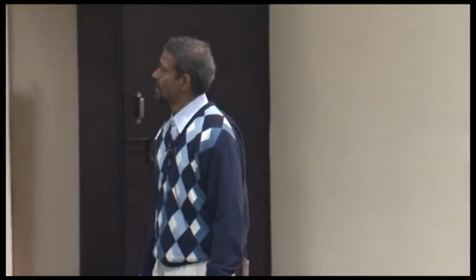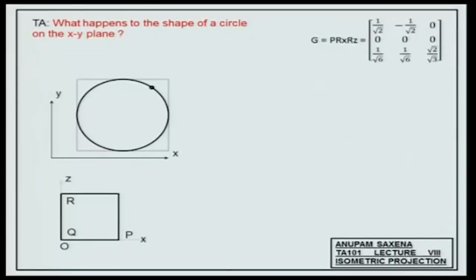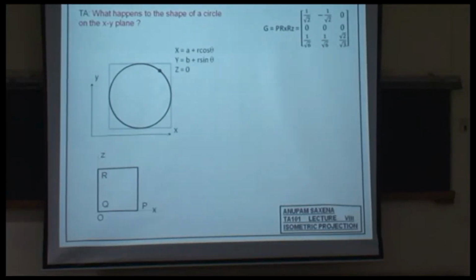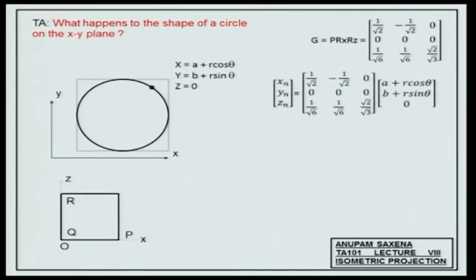If you have a circle on the xy plane, which is the bottom plane of the cube, the coordinates of a point on the circle will be a plus r cosine theta, b plus r sine theta, and 0. A and b are the center coordinates of the circle, and r is the radius. Plug in these values over here, multiply this by this matrix, get the new coordinates. Okay, do some algebra,